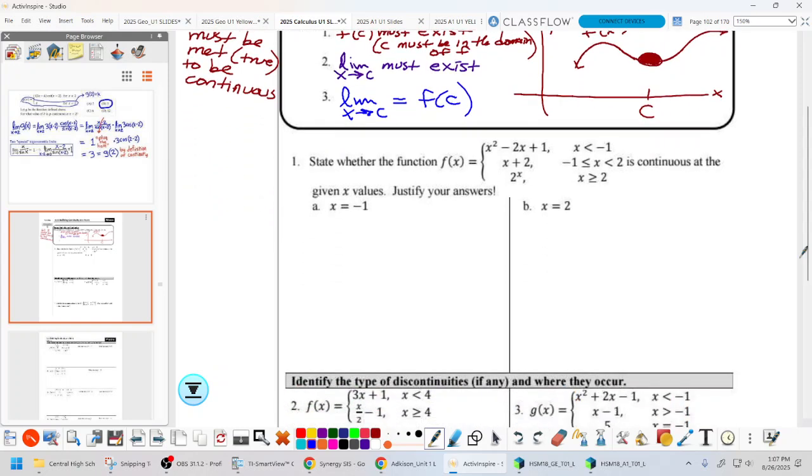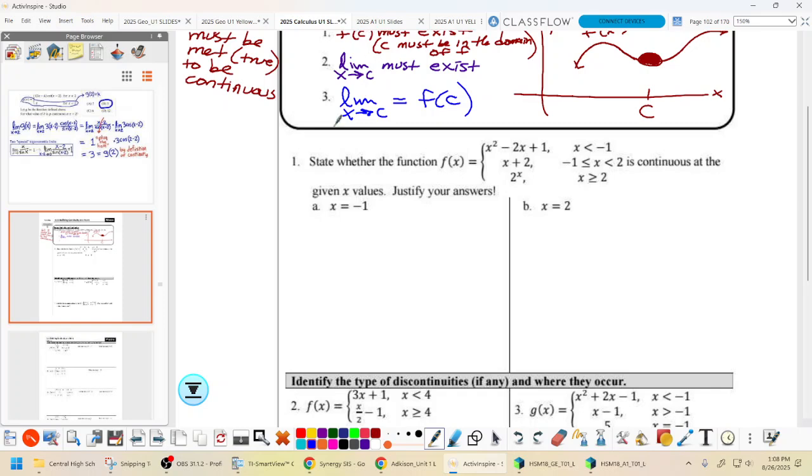Alright, examples. State whether... anytime you hear "state," we're going to probably have to tell why, right? Well, sometimes. Alright, what kind of function is this? What do we call those? Piecewise. That is piecewise. So we're stating whether or not the function is continuous, first of all, at x equals 1. So we need to analyze those three